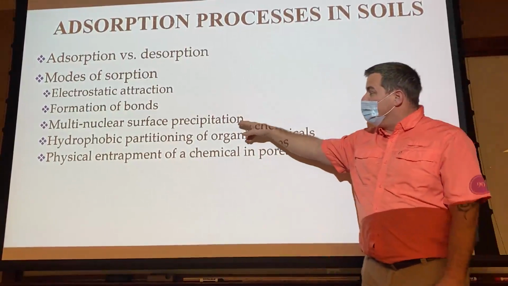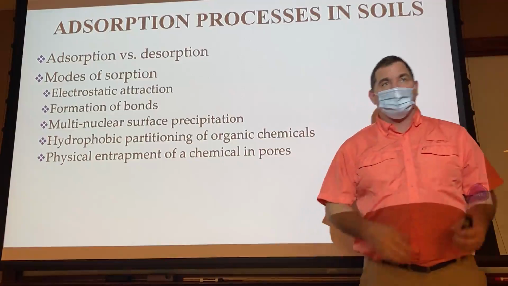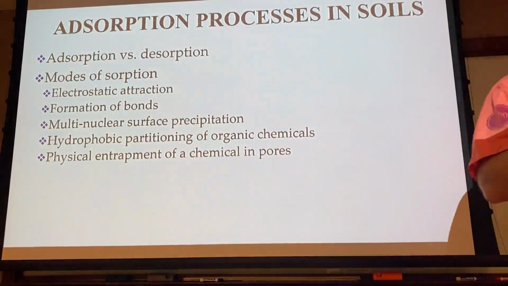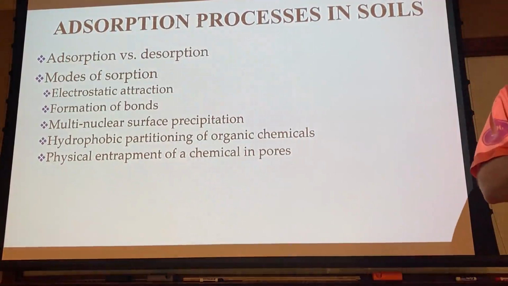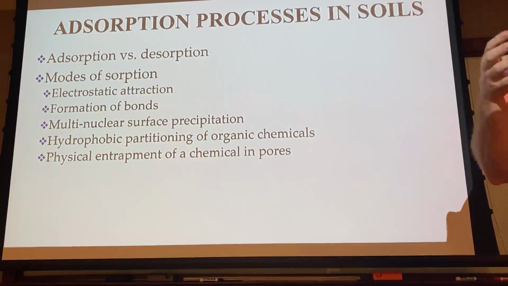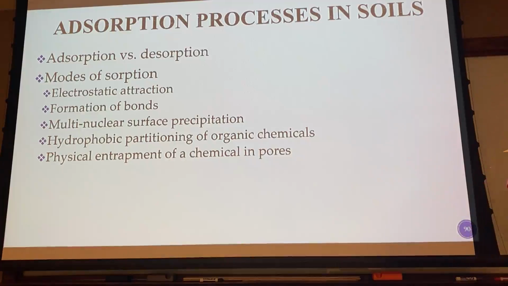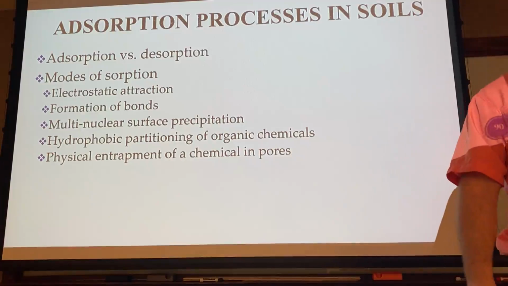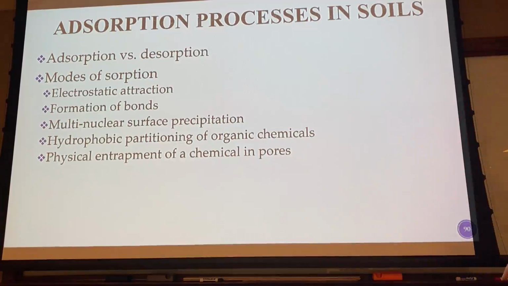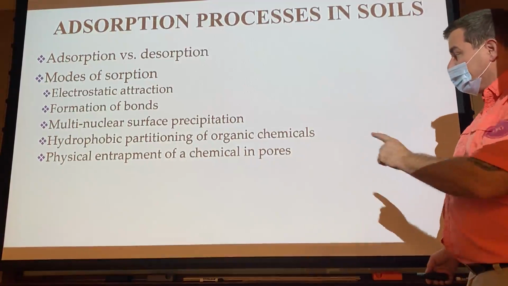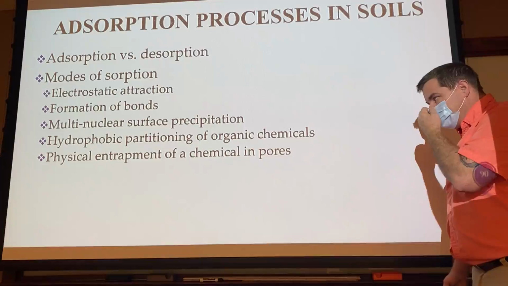And this multinuclear surface precipitation is when there is a bond formed on the surface of the soil, but not to the soil. There are some other bonds that are going on in there. They all share the same nucleus, and if you can break that nucleus, then that anion, cation, organic, inorganic chemical will then be released into the soil. Way beyond the scope of anything we're going to do in this class. But the physical entrapment of a chemical in pores